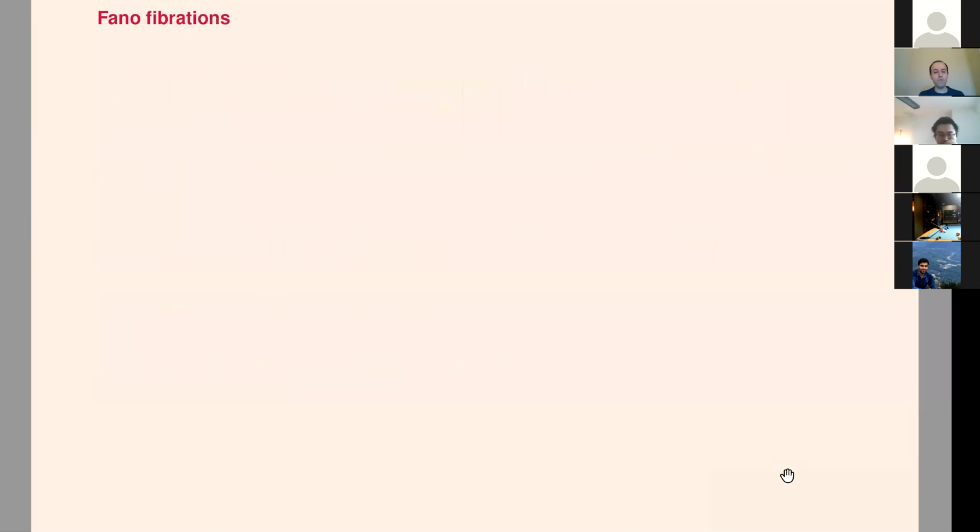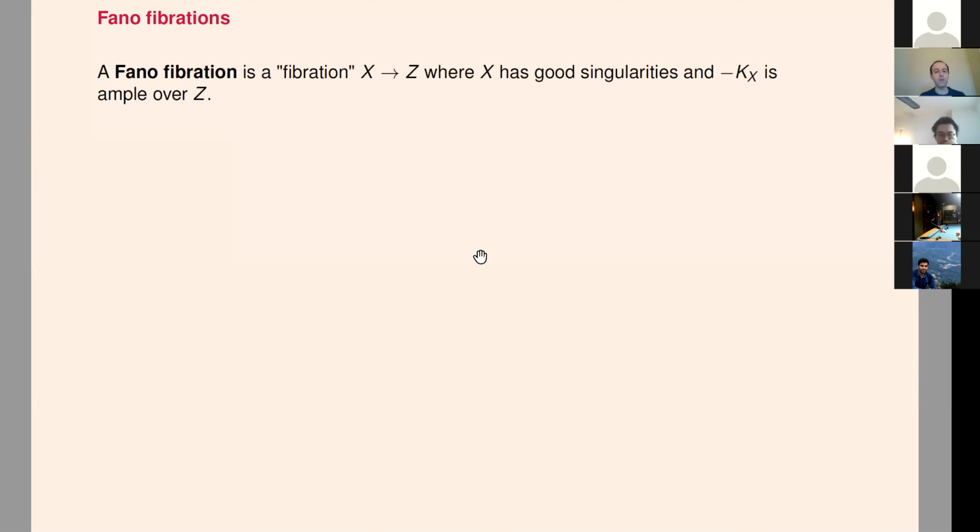Okay, so that's a few things about Fano varieties just in their absolute form, in the sense of looking at Fanos globally. But we also have Fano fibrations. Again, this was clear from the previous lecture: when you run a minimal model program, sometimes in the end you get a Fano fibration. So let's define this a little more precisely.